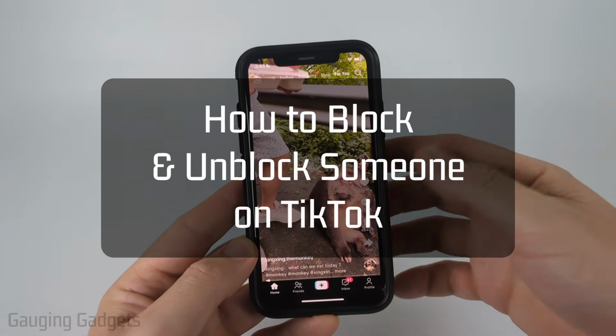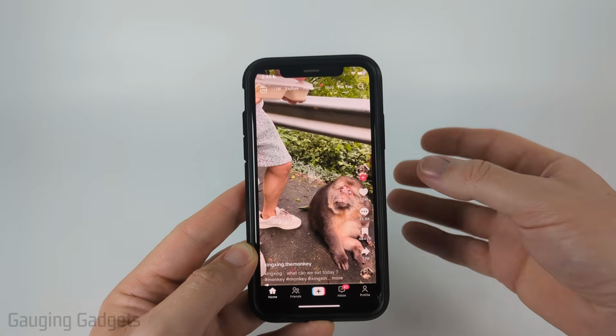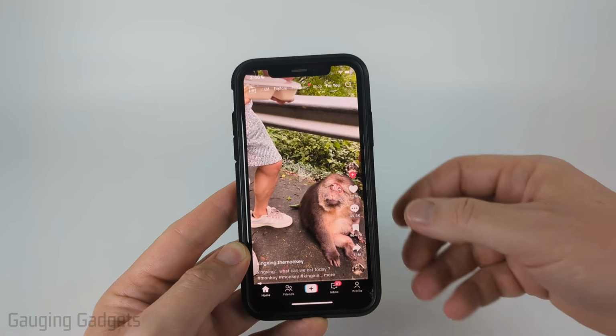How to block and unblock people on TikTok. In this video, I'm going to show you how to use the block function. Then I'll show you how to find a full list of everyone you've blocked on TikTok so you can unblock